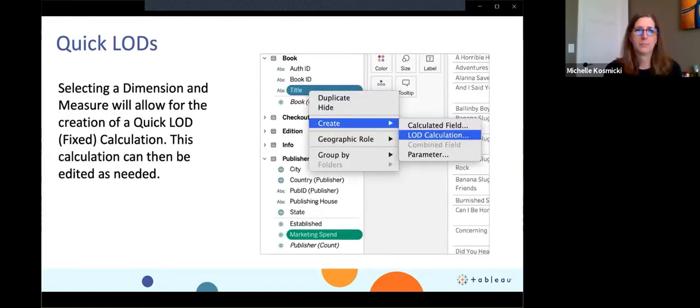Now, let's talk about the one that the community is going to go crazy about, and that is quick LODs. We all have to talk about LODs. LODs are probably the most powerful calculation you can do in Tableau. And if you don't know what an LOD is, I'd tell you to go Google it, but it's a level of detail calculation. Well, now what will happen is instead of you having to kind of figure out if you've got your curly brackets in the right place and everything like that,